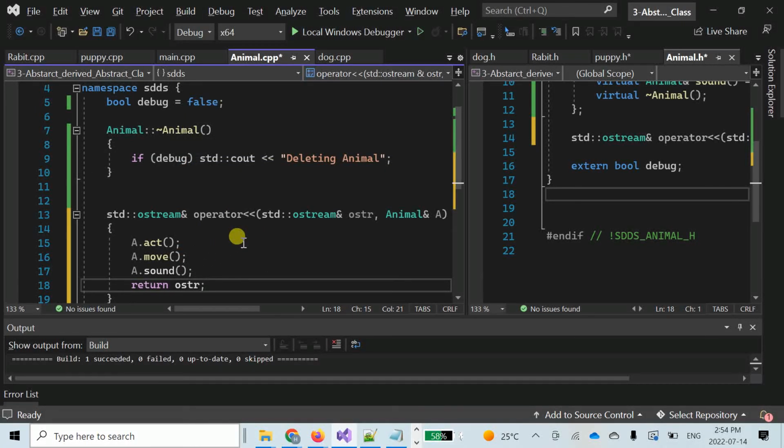Now I overloaded the insertion operator, and it makes my life easy, because here in the main,